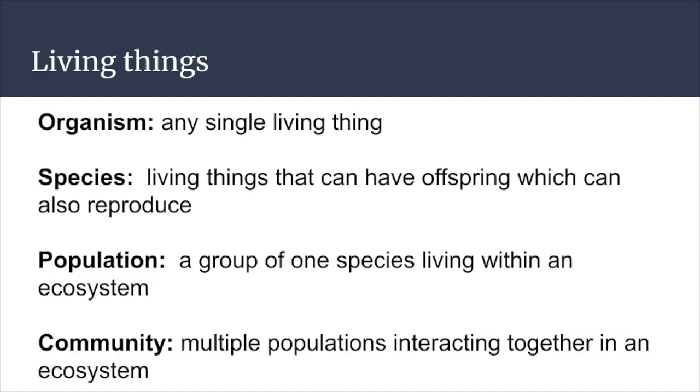Okay, now take those populations and have them interact with each other, and you've got a community. Ravens are interacting with the humans and the worms and the bears and the bacteria. Well, now you've got a community. Multiple populations interacting together in an ecosystem. You might be starting to say to yourself, isn't that just the same thing as an ecosystem? Remember, what did we say an ecosystem is? Living things and non-living things interacting. So what's missing here? Right, the non-living things. So a community is essentially an ecosystem, but take out the abiotic factors, the non-living things.